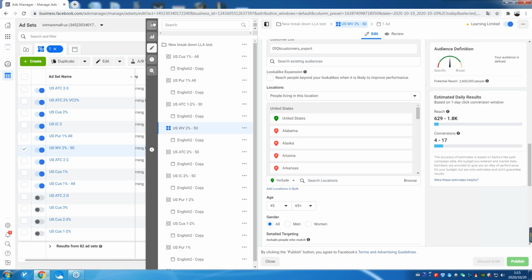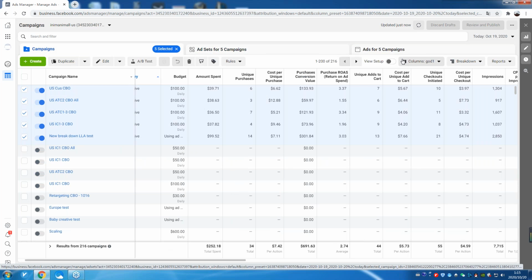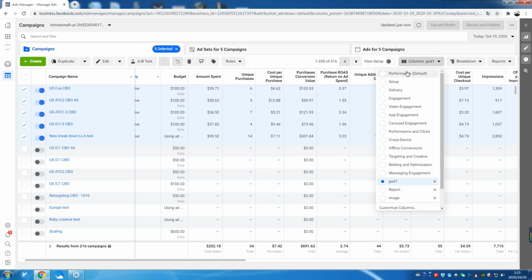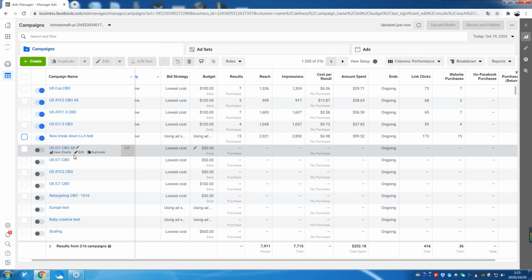I'm testing because I have so much result data. Do you suggest I only choose the profitable regions, or I leave it all open?